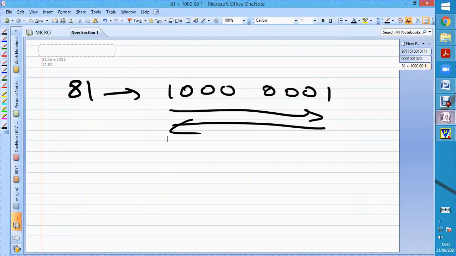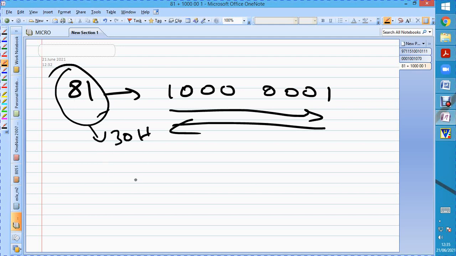In this program, this is the number which has to be verified whether it is a palindrome or not. This will be loaded in the 30H location. Here this number is taken and it will be rotated through the carry to the left. Whatever carry content you get, when you rotate for the first time, the carry will be 1.